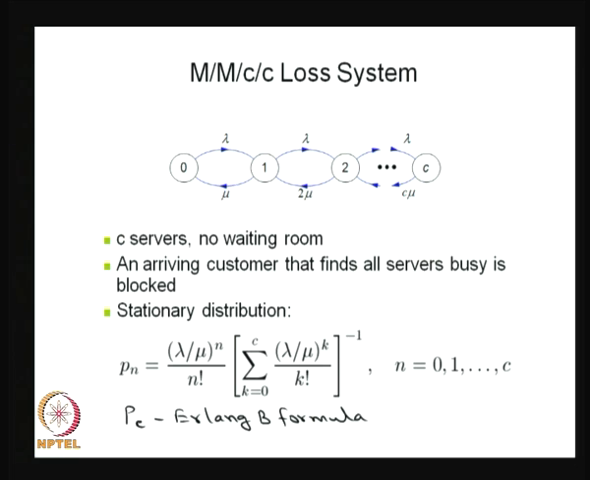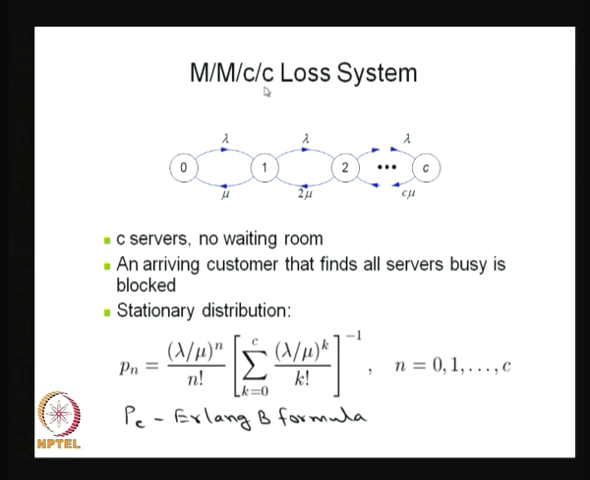Now, I am moving into the fourth simple Markovian queuing model. First, I started with the MMC infinity, MM1N, then I did MMCK, and now I am going for capital K equal to C, that is the loss system. It is not a queuing system because we have C servers and the capacity of the system is also C. An example is, you can think of a parking lot which has